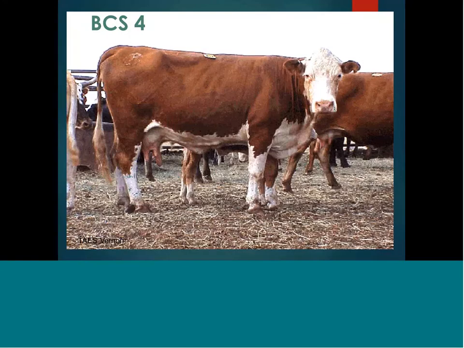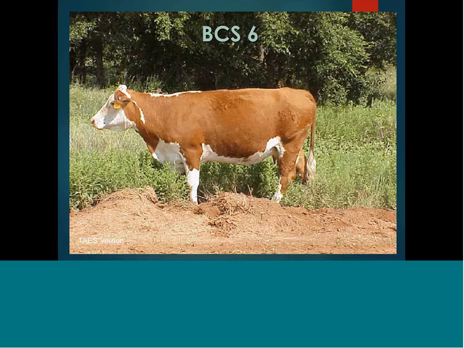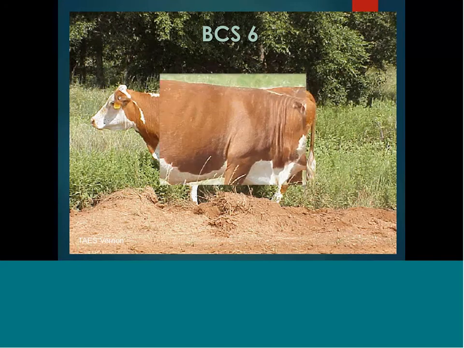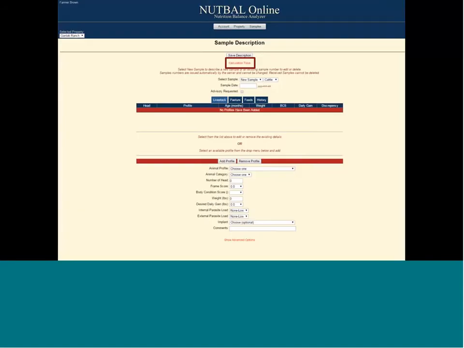Okay, here we've got a couple of pictures, just once again going over some different BCS scores. Here's a cow here with a BCS of 4. Here we have an animal with a BCS of 5, BCS of 6, BCS of 7. Okay,